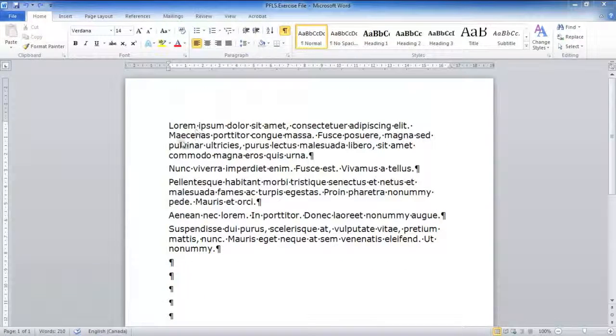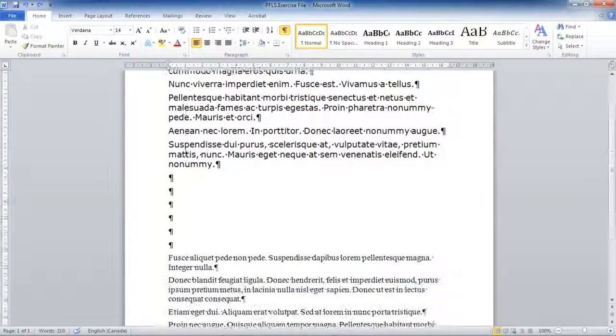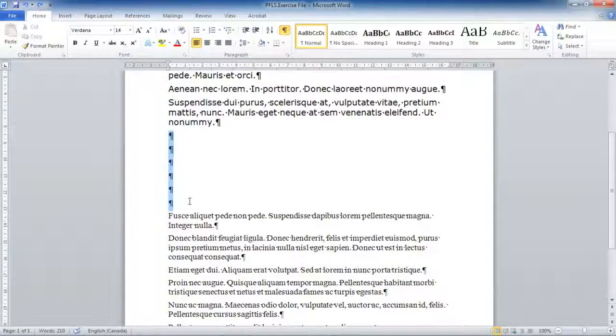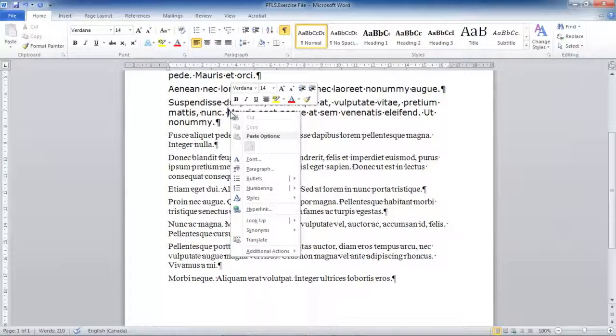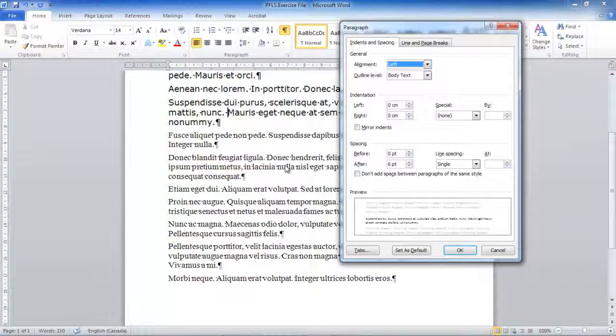Let's remove the paragraph formatting markings from between these two document sections so that we can create genuine white space instead. Once you know where in your document you would like to generate the white space, place your cursor in the paragraph either before or after the white space. Then right-click on that paragraph and choose the paragraph option from the right-click menu. This will take you to the paragraph formatting properties window. Inside this window are all of the options that you need to format your paragraph, the line spacing, and the white space between two paragraphs in your document.